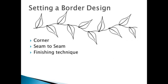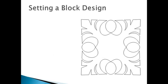Okay, when you do a border, we have to ask ourselves, are we going to set the border with a corner? Are we going to set the border seam to seam, meaning have it start at a seam and end at the seam? What is that finishing technique we're going to do? So if we go back to this block here,